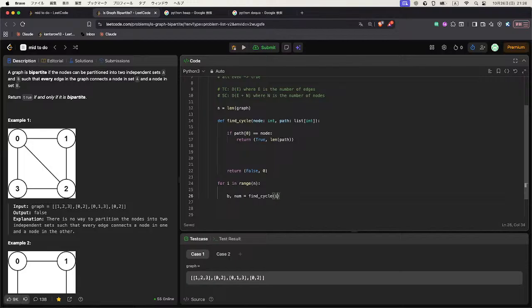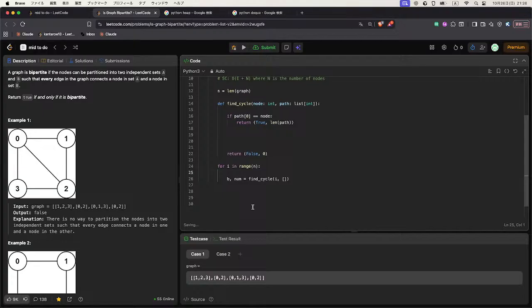Node is i and path is empty. And the num is